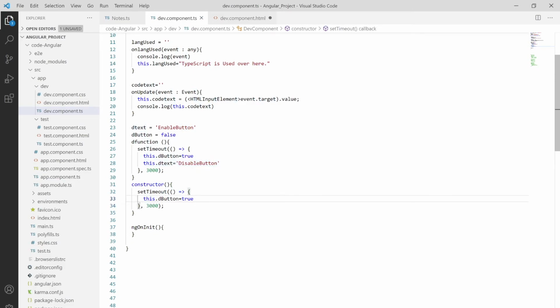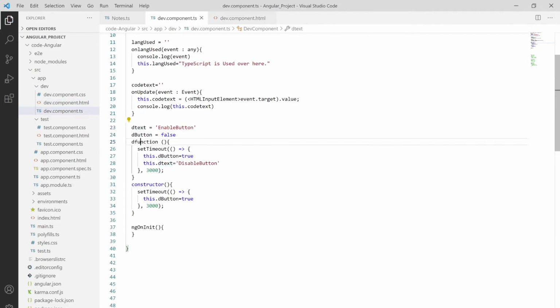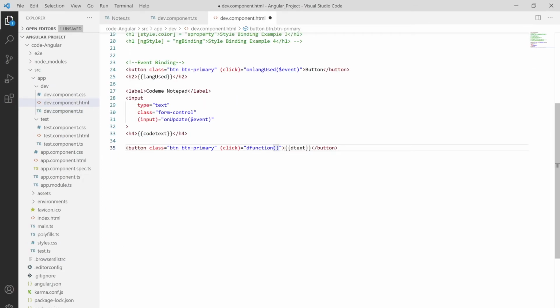Save this out, and also you can use the D tag with the help of string interpolation. I'm using this text over here. Save this out, and on click of the function I'm calling this method as D function over here. Paste it down and calling this method. We are also using that property binding to disable the button.